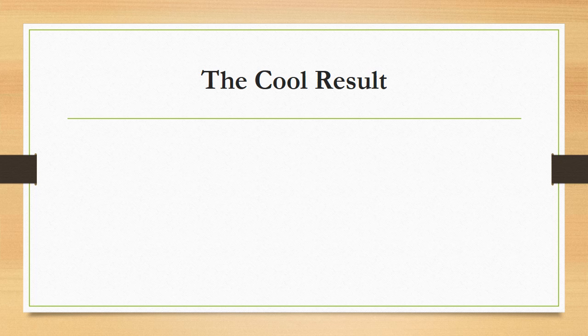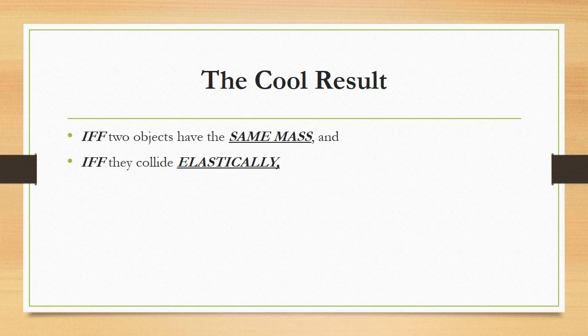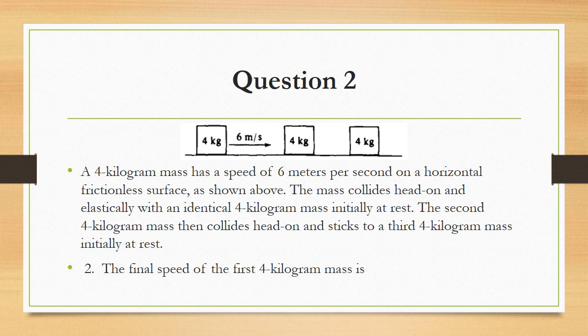So I'm sorry to keep you in suspense any longer, but it's absolutely imperative that you don't misapply what I'm about to say. This result is only true if two preconditions are met. The first of them, if and only if, that's what the two F's mean here, if and only if. I don't know if you guys knew that. If and only if two objects have the same mass, and if and only if they collide elastically, and in this problem both of those conditions have been met, then the result, now we can apply this trading speeds idea